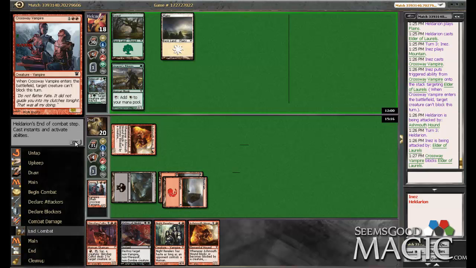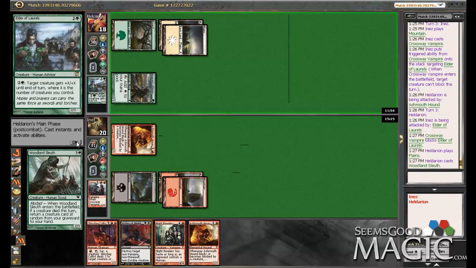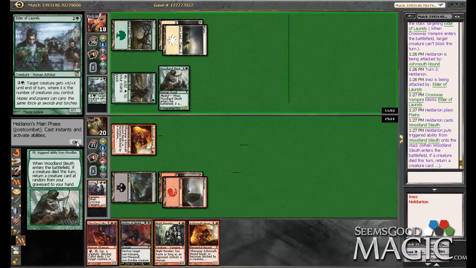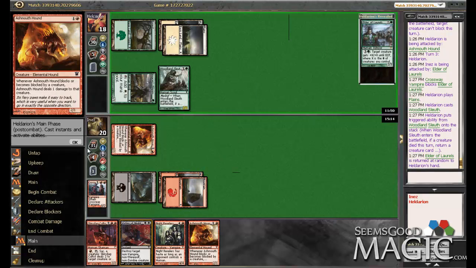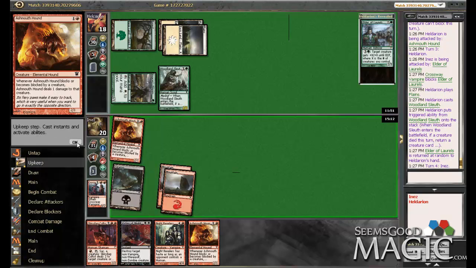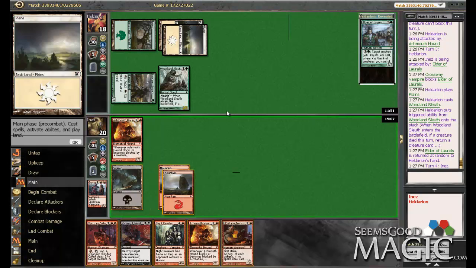That I don't understand. Even if it's a Festerhide Boar, why trade the Elder for it? Oh, I see, okay. Alright, well that makes a little more sense now. Alright, we're in pretty big trouble now. Now we're just... Because of that...